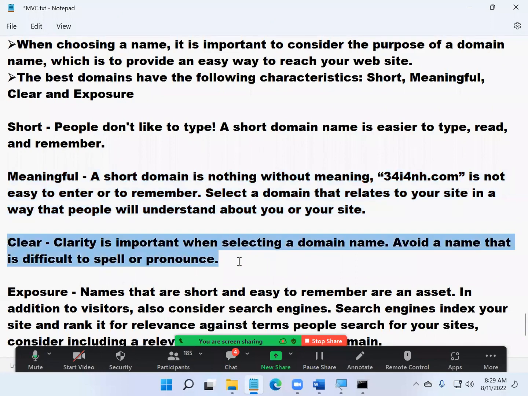Clarity is important when selecting a domain name. Avoid a name that is difficult to spell or pronounce. You may have a smaller domain name, but the word is very complex to type. Czechoslovakia. Mostly we have confusion with the spelling of that. The site is czechoslovakia.com, so that spelling is always a bit confusing. Psychology. Some words are going to be a little confusing in the spellings, right? Yes or not? If you have those types of words, spelling mistakes will happen and clarity will be missing. So be careful with all those things.